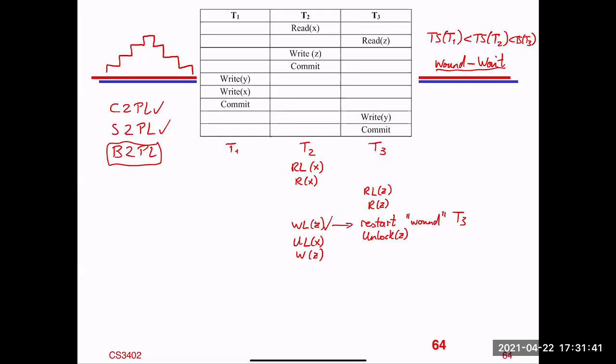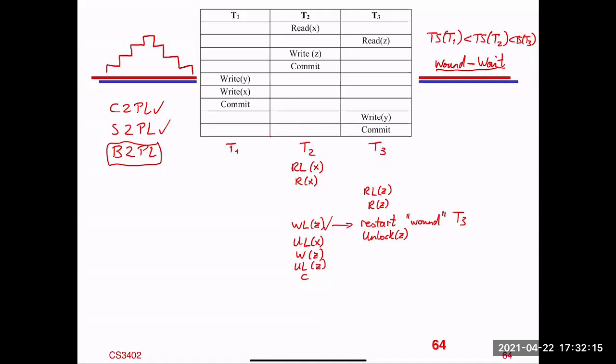Okay, so now that we've written Z, we can unlock Z, and then we can commit. Okay, and then we get to, well, then it really depends on when T3 gets to be restarted, right? And yeah, in principle, we would just now